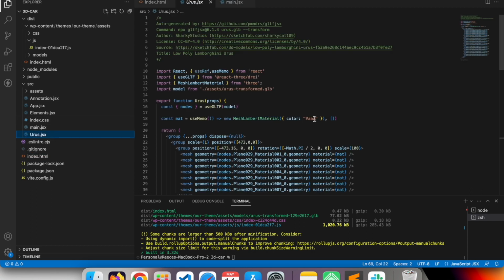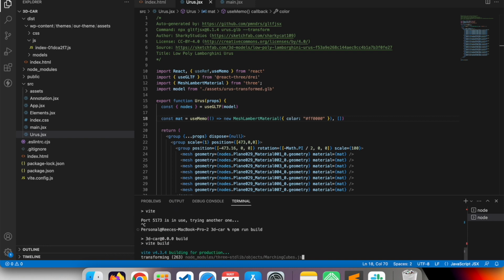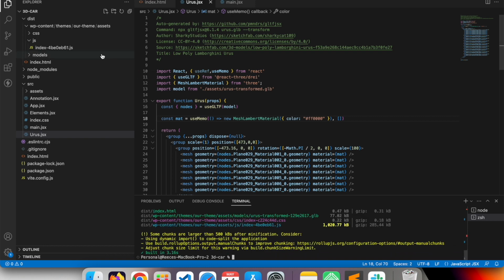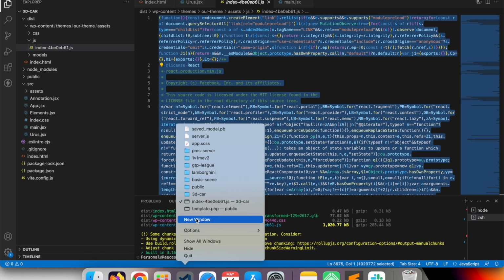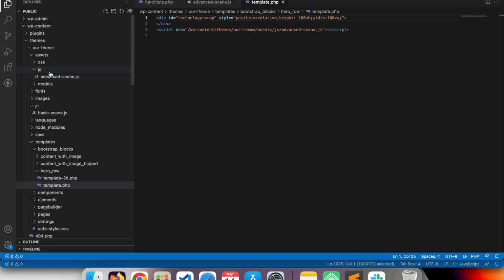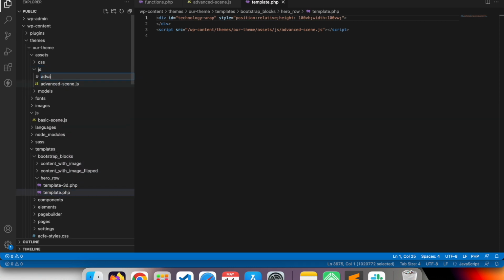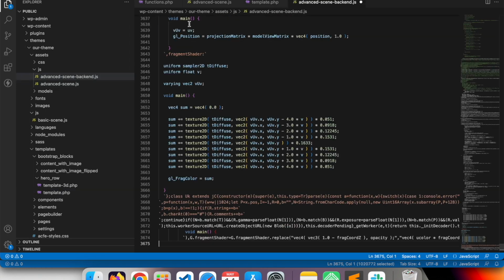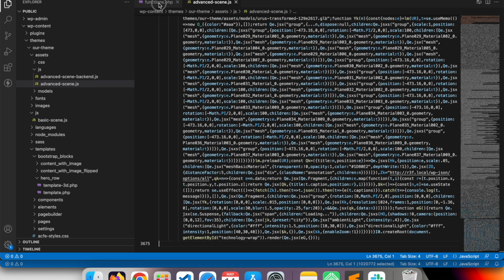and let's say we wanted on the back end the car to be red, so we can go ff0000 and npm run build. A JavaScript will give us this. Let's head back over into our public folder, and in assets let's create a new one called advanced scene backend.js. Let's paste all of that in there, save it out,